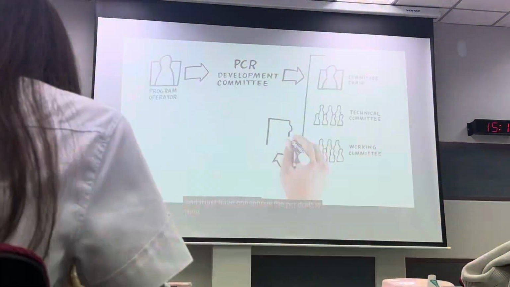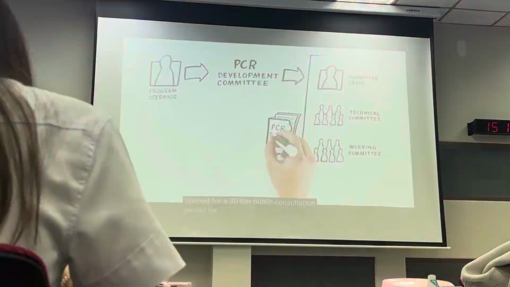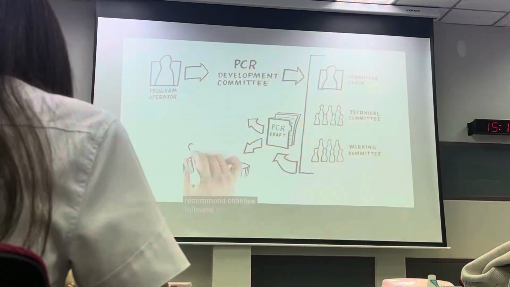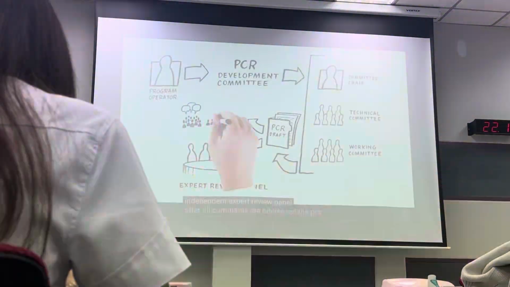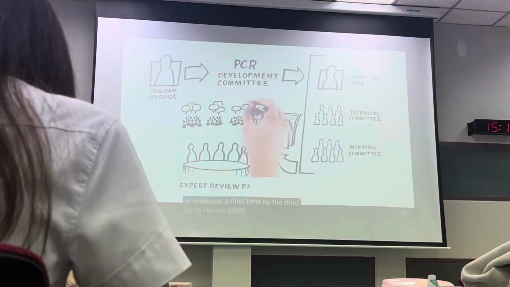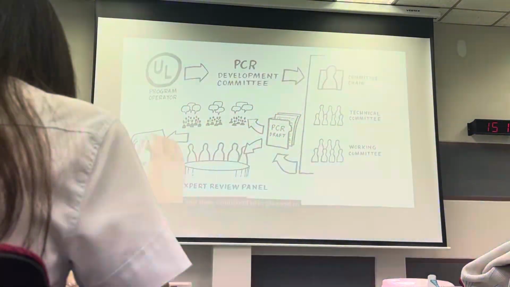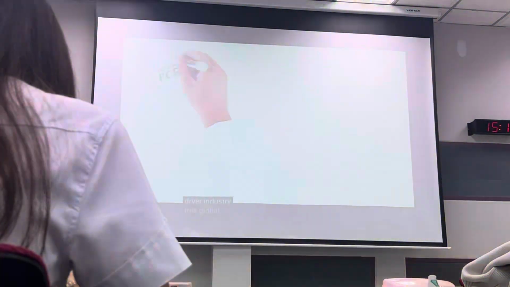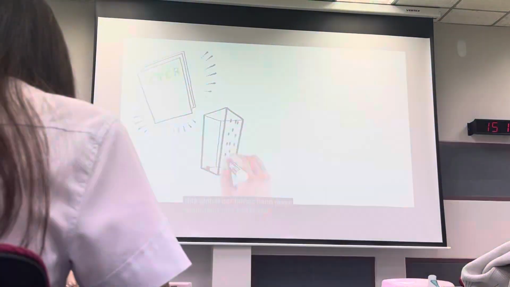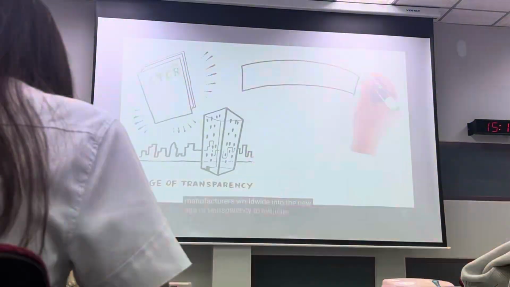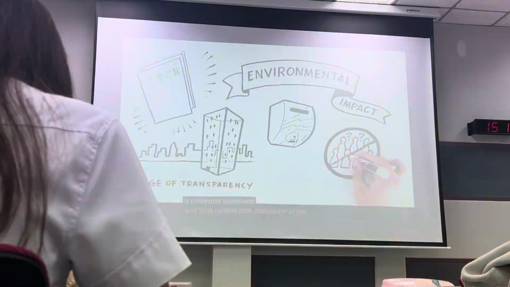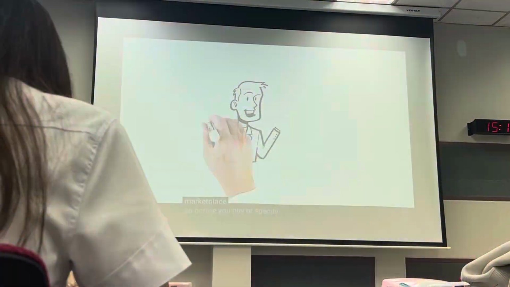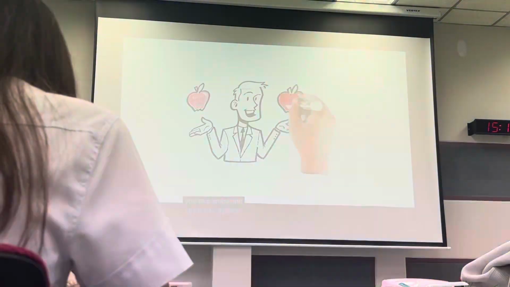The PCR draft is then opened for a 30-day public consultation period for any interested parties to recommend changes, followed by a thorough review by an independent expert review panel. After all comments are addressed, the PCR is reviewed a final time by the third-party review panel and then published. UL is pleased to announce the publication of the very first global PCR, specifically for the hand dryer industry. This global PCR brings hand dryer manufacturers worldwide into the new age of transparency to evaluate the environmental impact of hand dryers with a common approach. And that means less confusion in the marketplace. So before you buy or specify, make sure you're comparing apples to apples. Learn more at